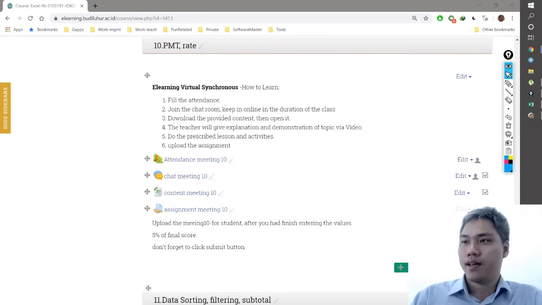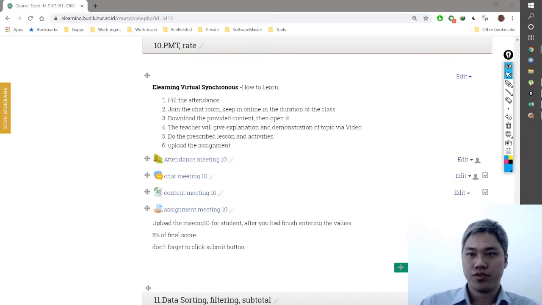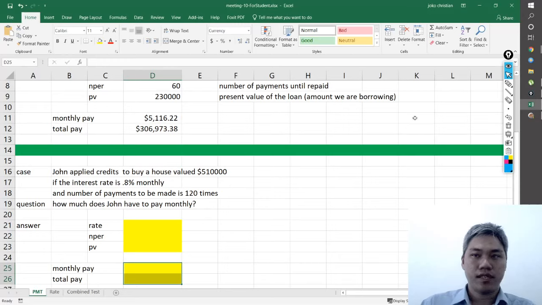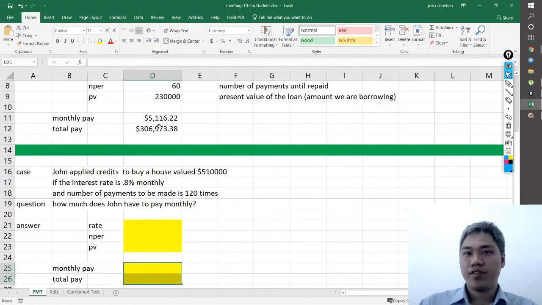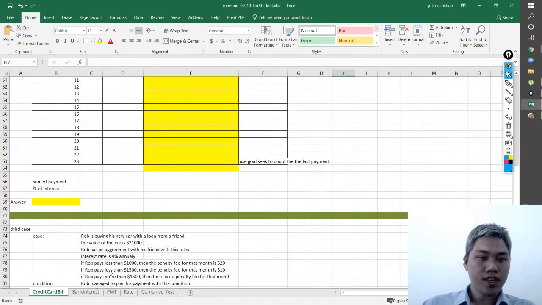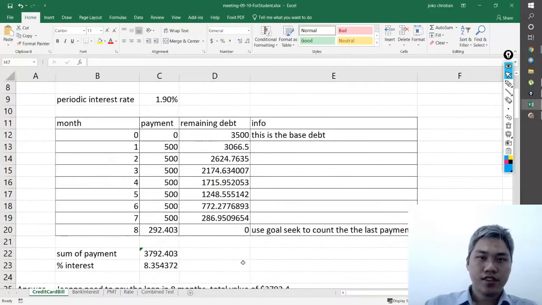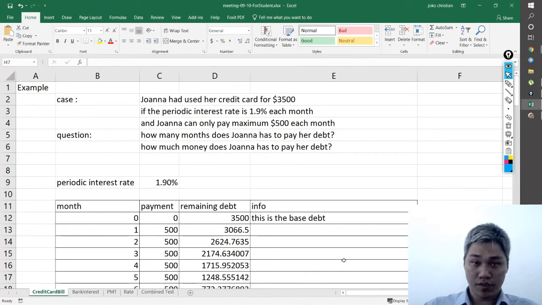Very well. Now, while we are waiting for a few more students to join us, I will give some review about the previous sessions. The previous sessions are in-class sessions that talk about credit card bills and bank interest. In meeting number 9, we only talked about how we use arithmetic logic to create a simple formula in Excel to count how much your credit card bill is, with a few examples and case studies